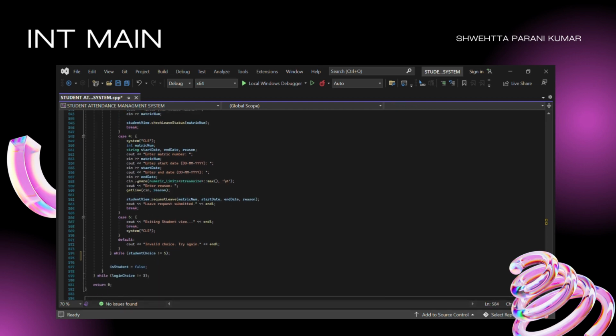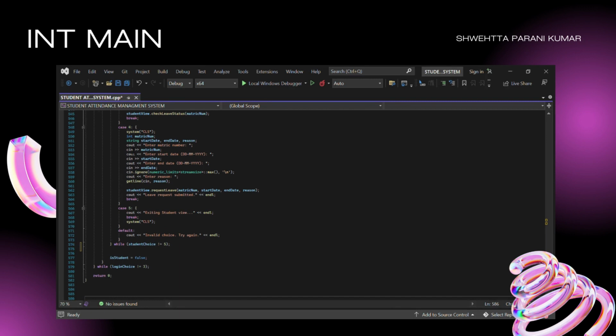Other than that, this is the part where you can apply for leave: you first enter the metric number, then the start date you want to apply your leave from, until when, which is the end date, and then the reason. Then we call the requestLeave function from the StudentView class, and when this function is carried out,